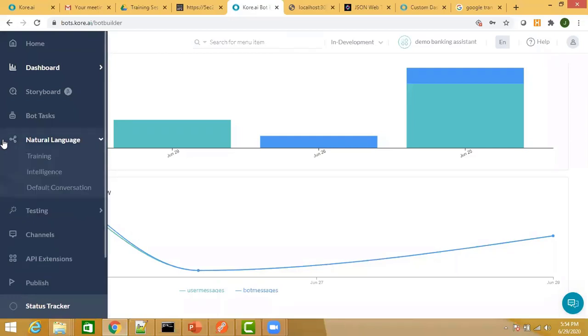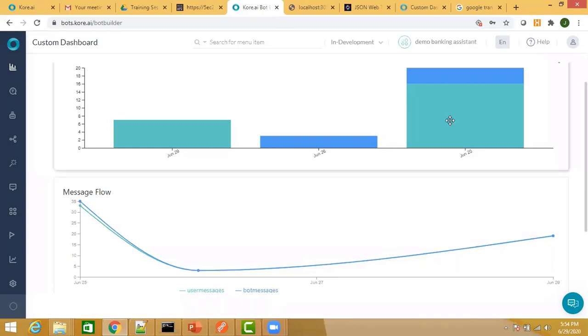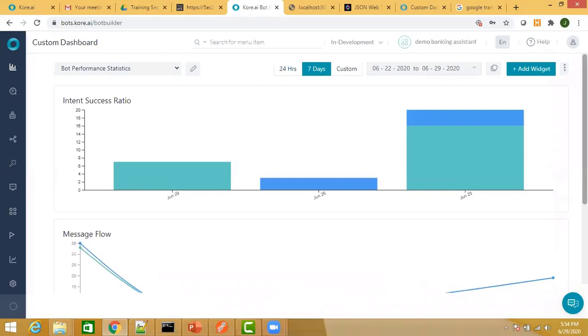Jayanti, one question on this. Can we create a metric across data types? There were three data types, right? Can we take one axis from one data type and the other from another? No, you cannot do that, because when you are defining a widget, it will allow you to select any one of those data types.